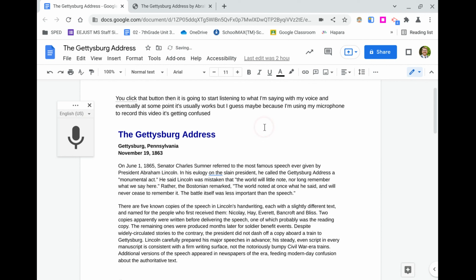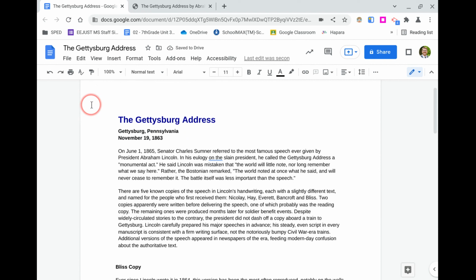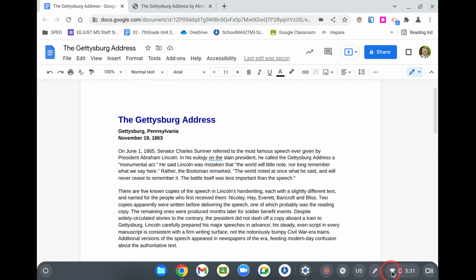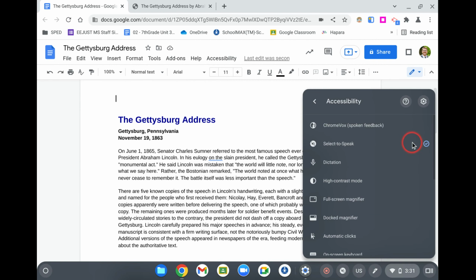You can tell it to put in punctuation, right? Period, exclamation point, a new line. You can tell it to delete. This kind of stuff has been in Google Docs for a while, but it really only works in a Google Doc. Students aren't always just in Google Docs. So if we go back to our handy dandy accessibility features,